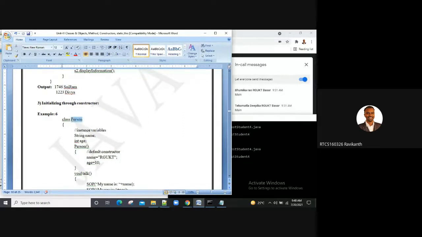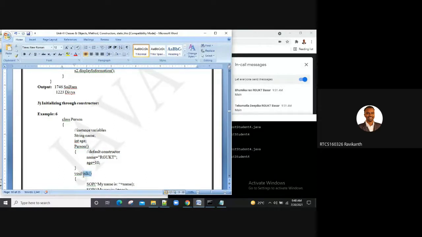How do I identify that it's a constructor? If the class name and the method name are the same, then you can directly call it a constructor. Class name is person, and here the method name is also the same.